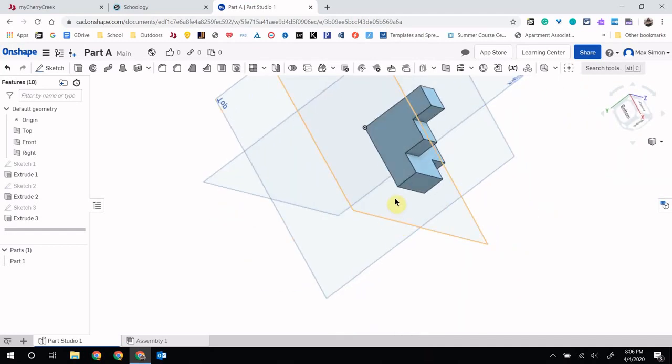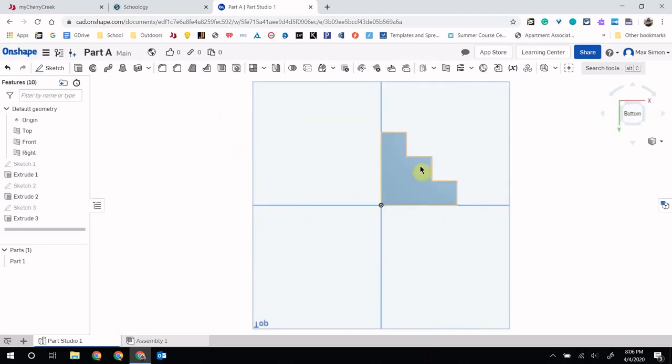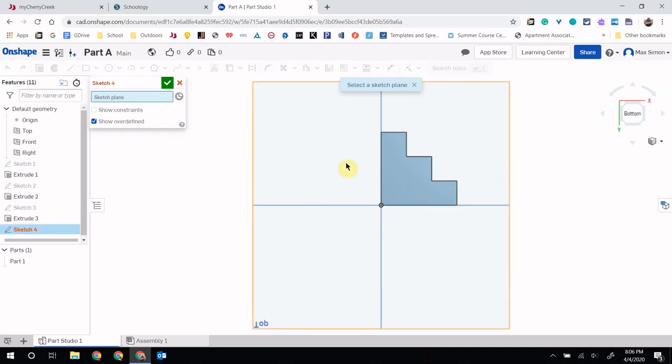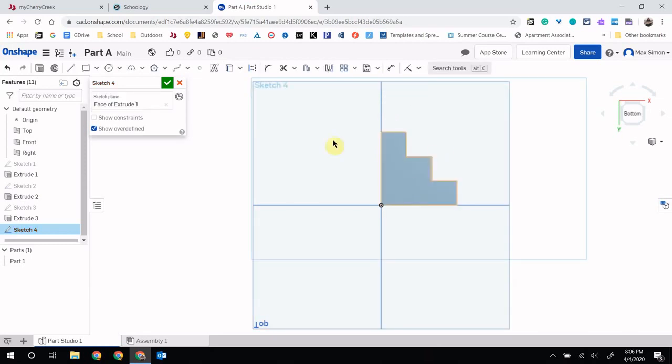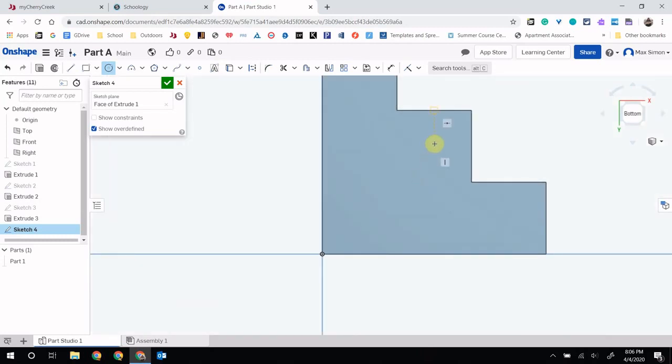Now if you recall, we need to get a circle in here, so I'm going to face it to the bottom, and that circle goes through right here, and I remember that circle has a diameter of 12. So we need to select a sketch plane, and we're going to select this bottom plane, and we're going to use center point circle. Now there's a couple ways to do this. One, you can see I'm going to scroll in, and again I'm scrolling in with my scroller ball, and from right here,